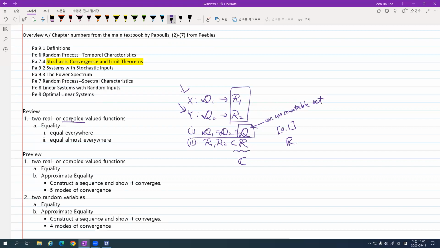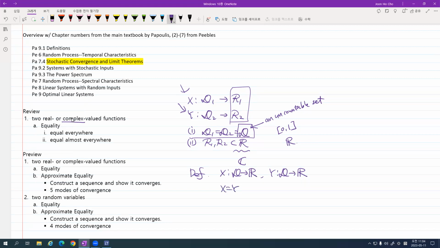So given two real or complex valued functions, x and y, the first thing for us to talk about equality is that the domains must be the same. And if two functions are real valued, the ranges are subsets of real numbers. Those are necessary conditions. Then here goes first the equality everywhere and the equality almost everywhere definitions. So given two real valued functions,